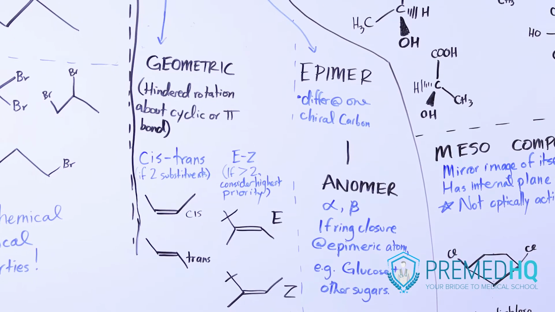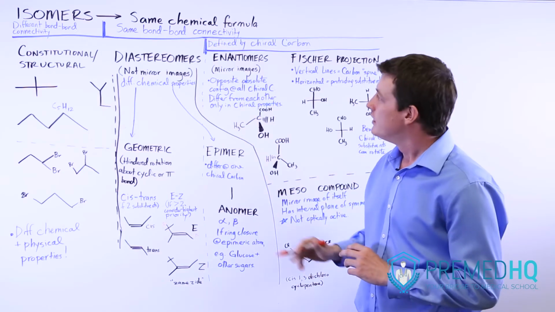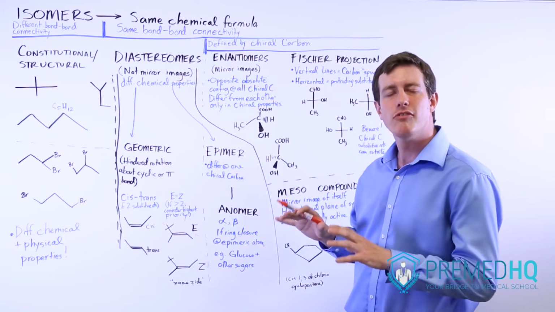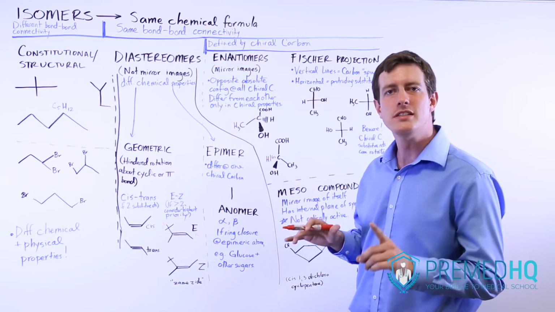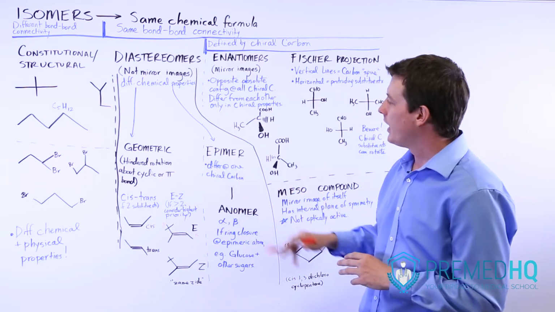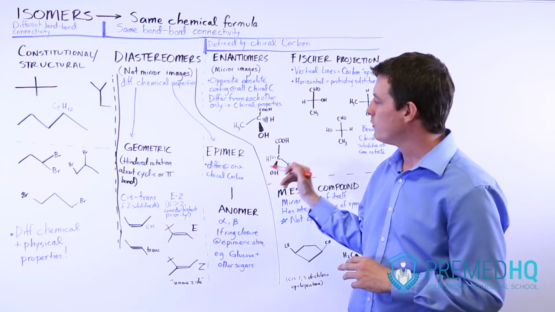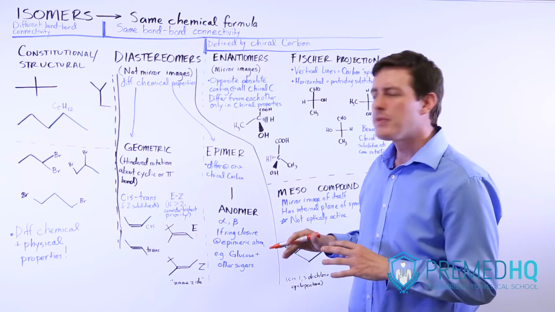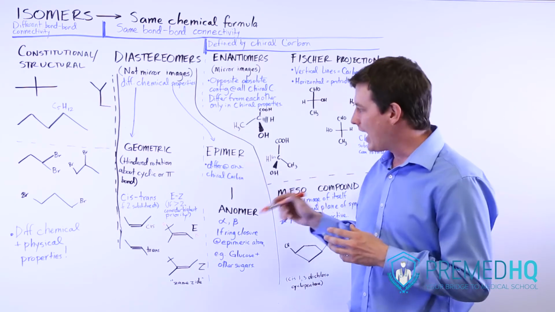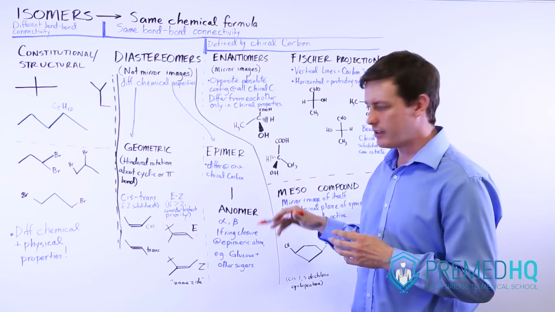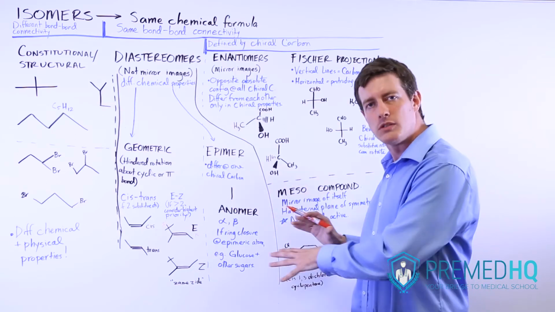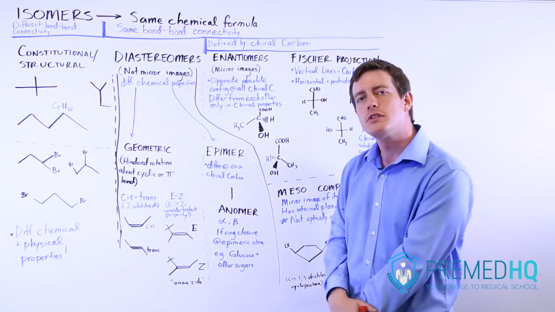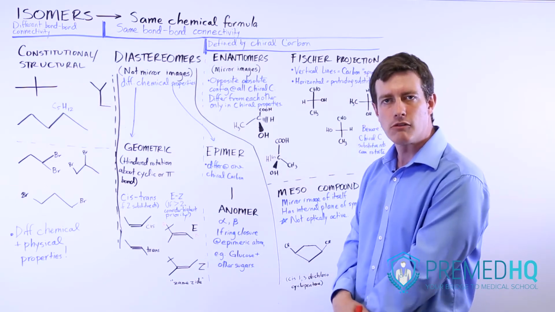The other classification or subtype of diastereomer is the epimer. And an epimer is something that is the same at every chiral carbon except for one. It only differs at one carbon. And so the epimer is something that differs at only one chiral carbon, whereas an anomer is a subtype of epimer that involves a ring closure at the epimeric carbon or the epimeric atom, but usually it will be with regards to carbon. An anomer is something that you will be responsible for because it's highly important in ringed sugars